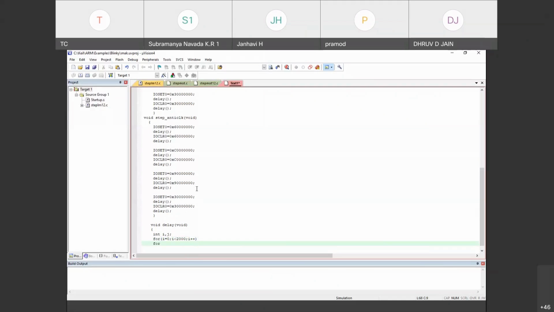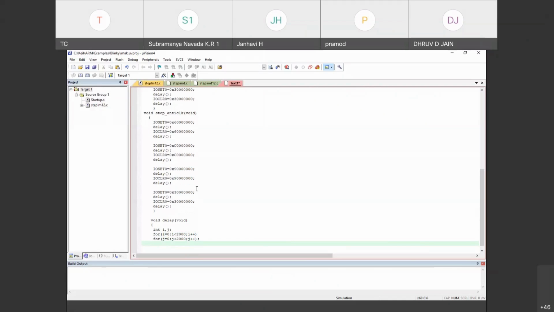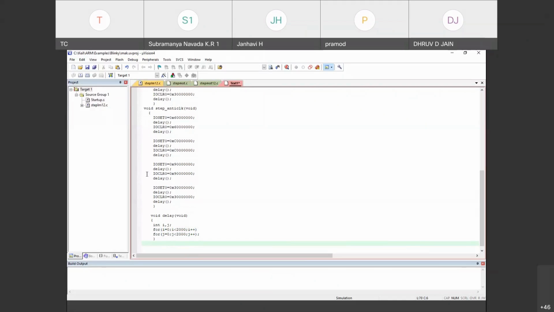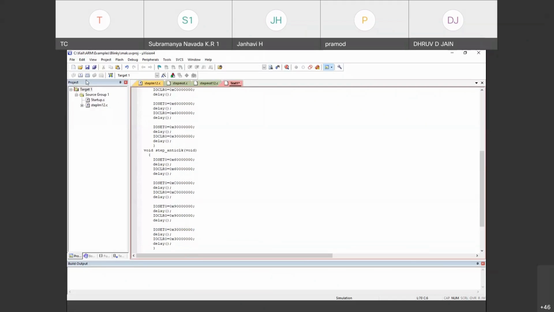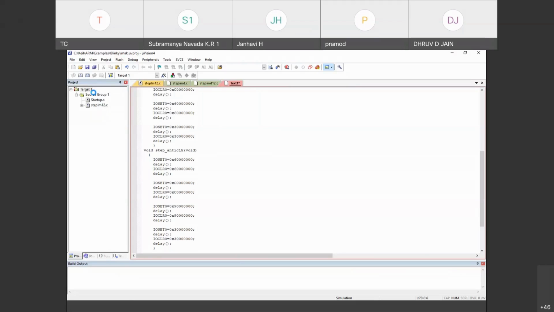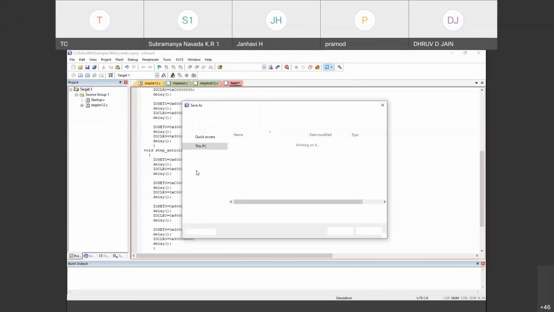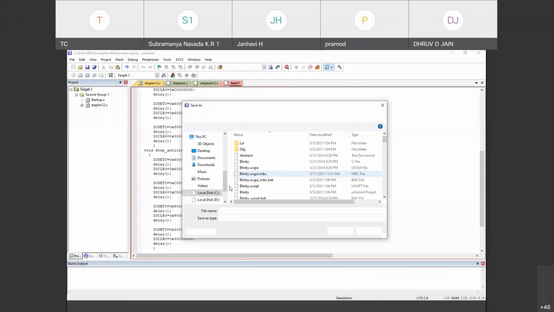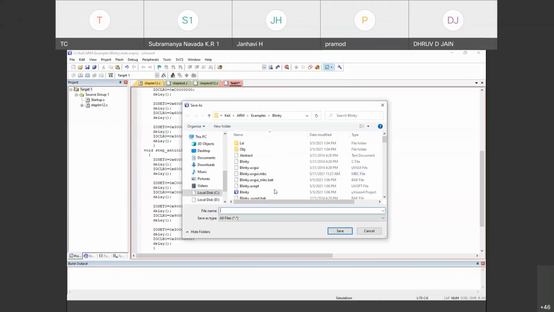For j equal to 0, j less than 2000, right? j plus plus, with semicolon, and close this. That's it. Once you do, let's save it as: file, save as. In between, whenever you want, you can take screenshots. It will be helpful after execution, let's say.